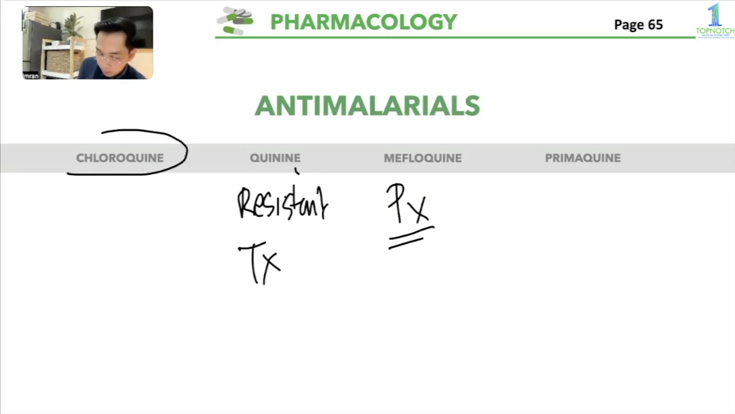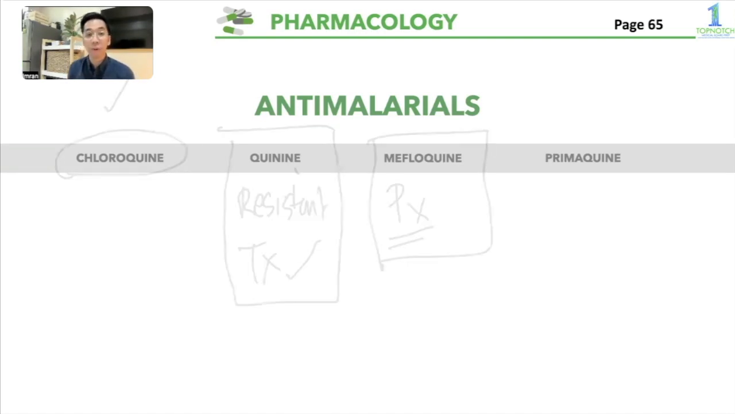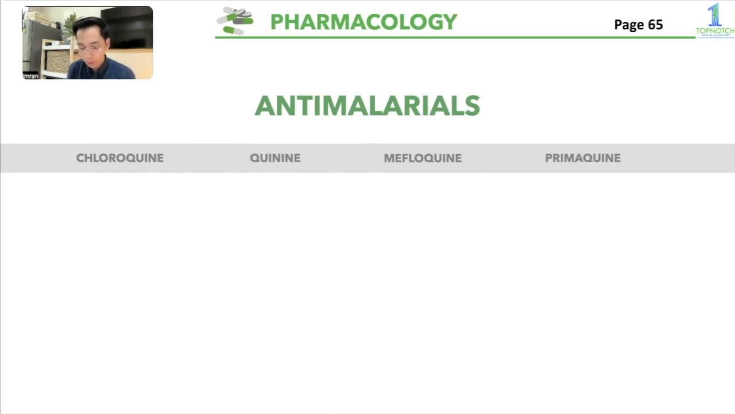So again, tatanungin natin kung chloroquine resistant. Pag sensitive, you give chloroquine. Pagka resistant, you give quinine and the other drugs that were mentioned before for treatment. Pagka prophylaxis, you can give your mefloquine. Okay? So yan yung mga initial drugs or the main drugs used for your